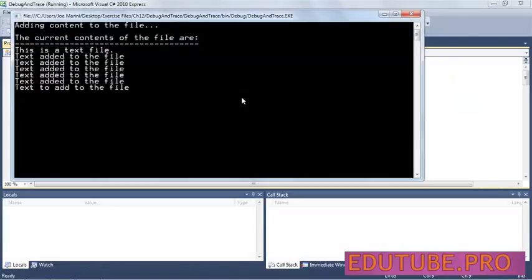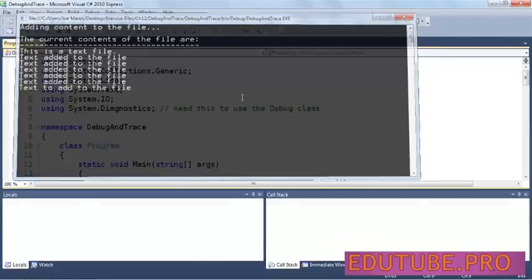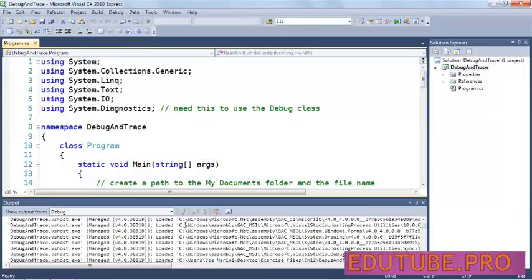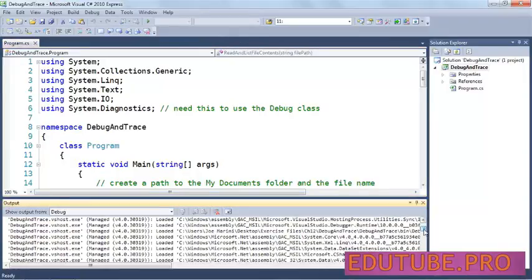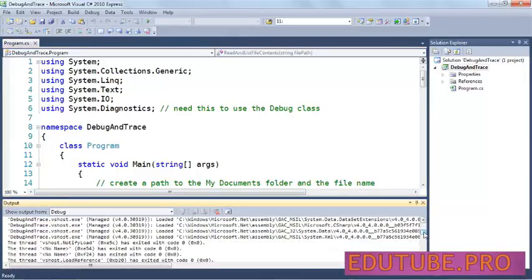We ran the file, and we added a whole bunch of content to the file. So let's go ahead and hit return to exit. And let's go examine the output in the output window. The first thing you'll notice is that there's a whole bunch of output messages that were put here by the